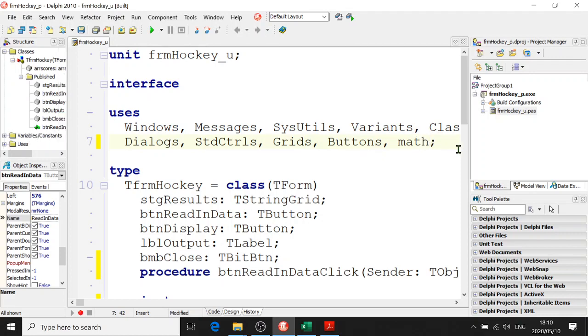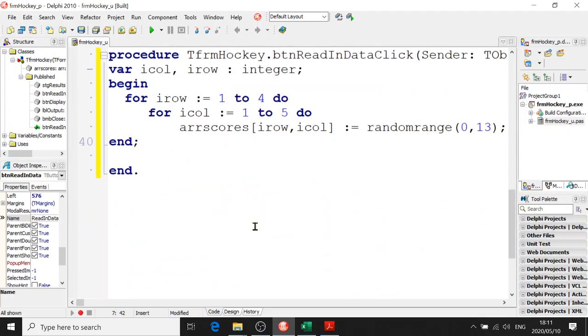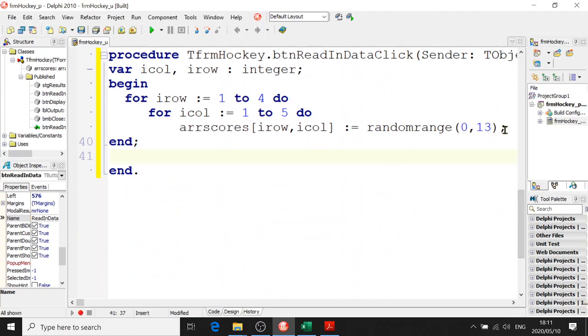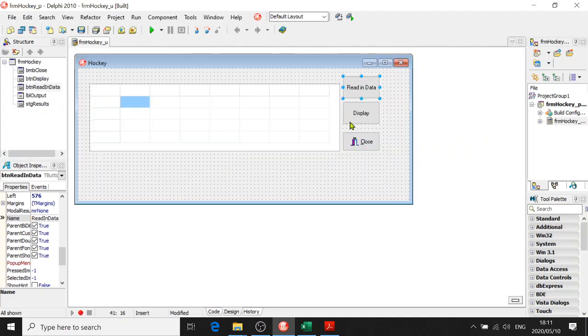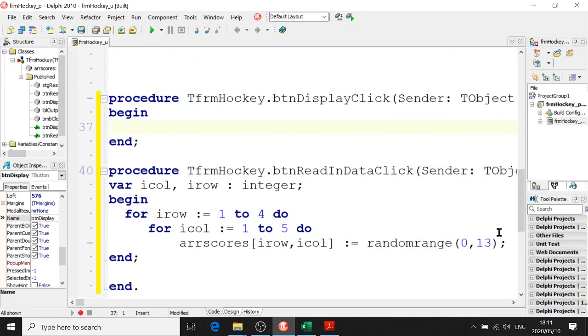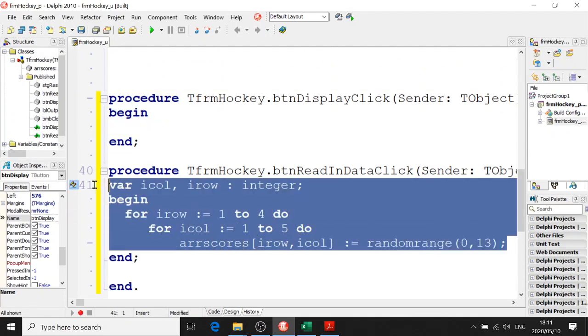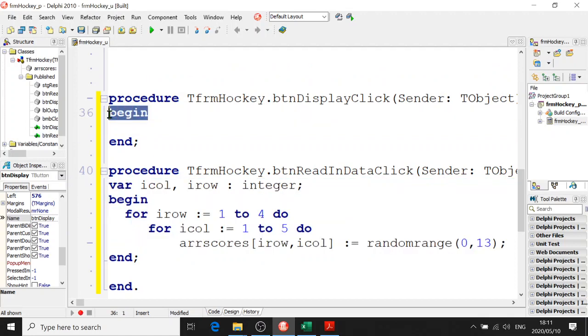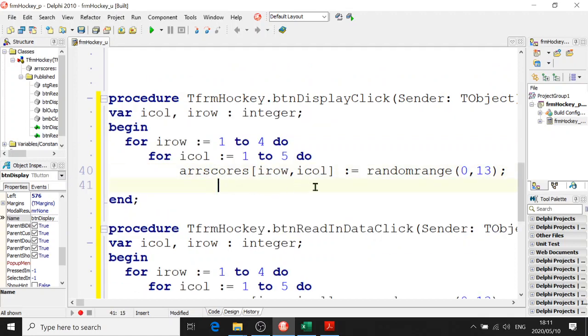Right, done. Now the next thing to do is display that array into our string grid. That array has now been filled with random numbers from 0 to 12, including 12. Now we're going to go in our display button, and I'm going to display that array, and I'm going to use the same variables here, so might as well just copy and paste our row, our col, and I'm going to now say